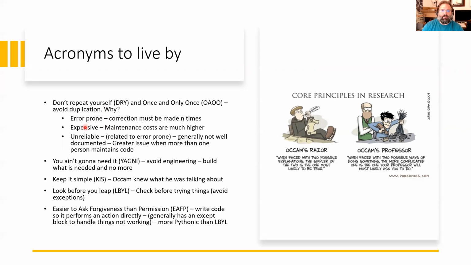The reason you don't want duplications and you don't want copies is, first of all, it's error prone. Anytime you make a correction, you've got to make that same correction n times, where n is the number of copies that have been made. That also influences potentially the expense of maintaining that code. Maintenance costs go much higher if there are duplicate versions of code, and because there's also this concept of potentially divergence,